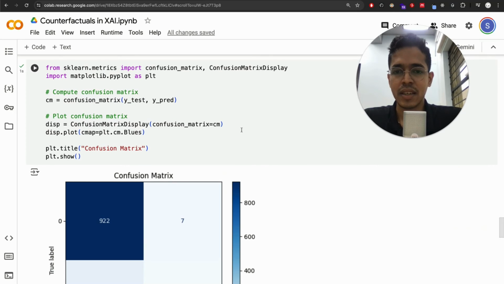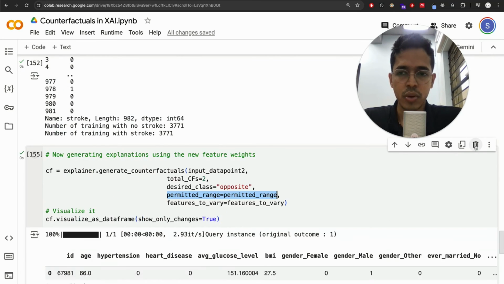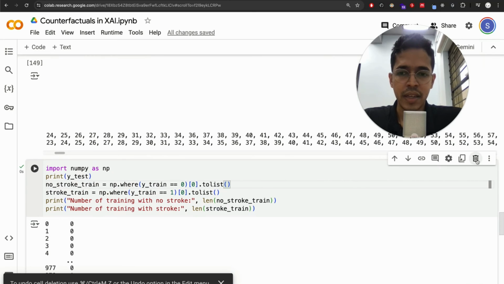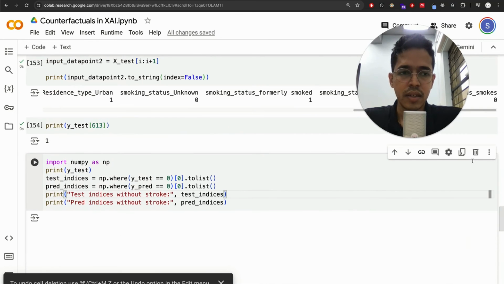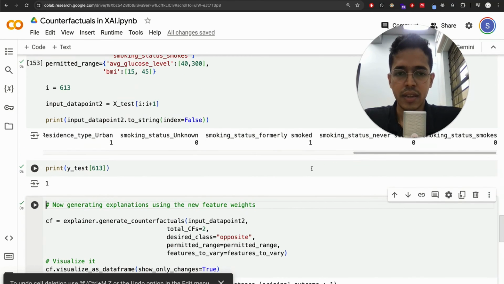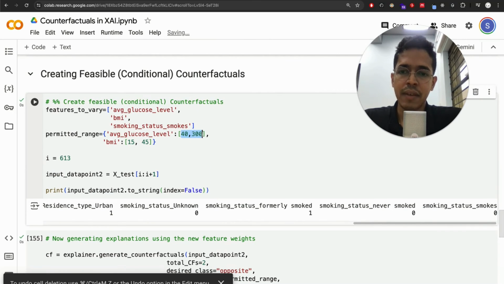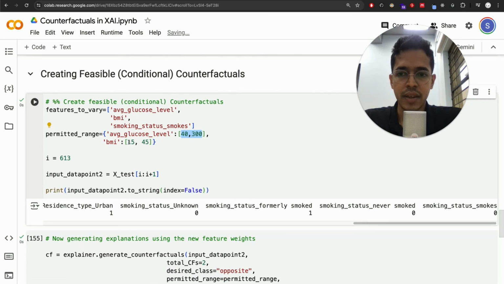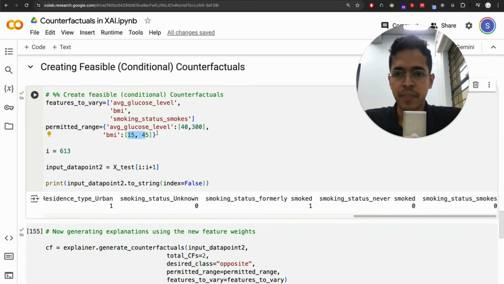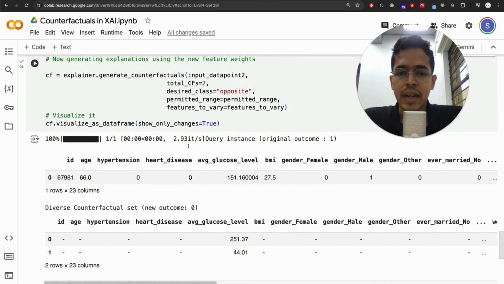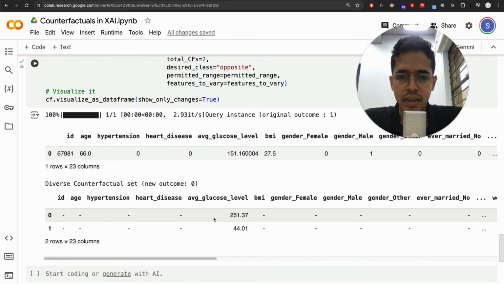Let me delete the confusion matrix. We don't need it anymore. Let me also maybe delete this and this. So all of these are not needed. So we have a glucose, average glucose level range from 40 to 300, BMI range from 15 to 45, and smoking status also I think can flip the value. And here what is done is